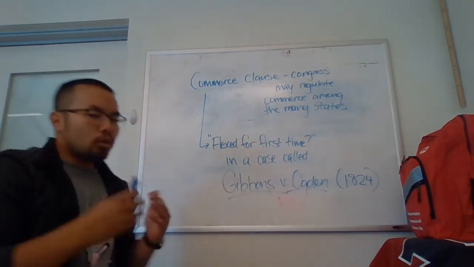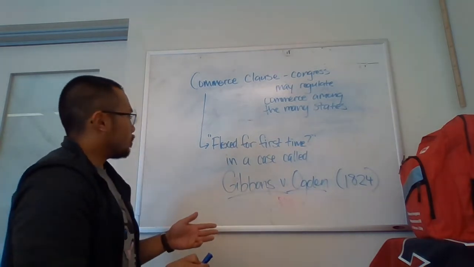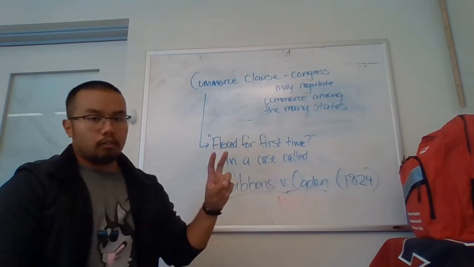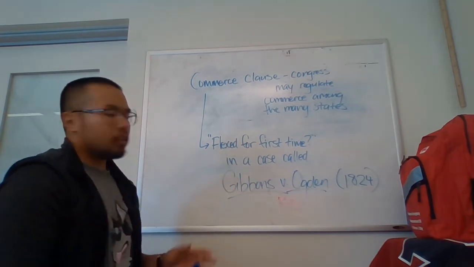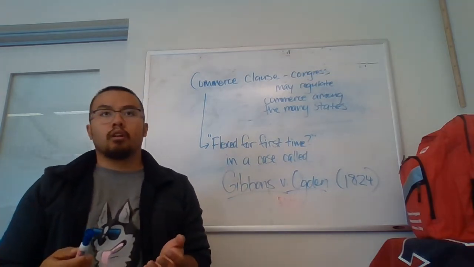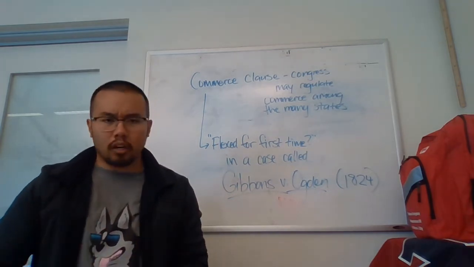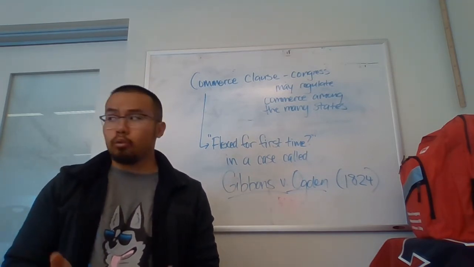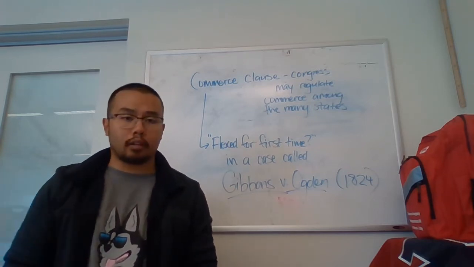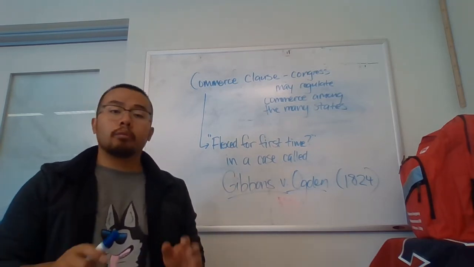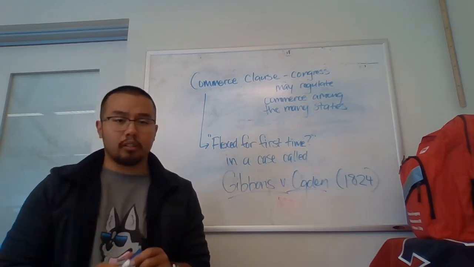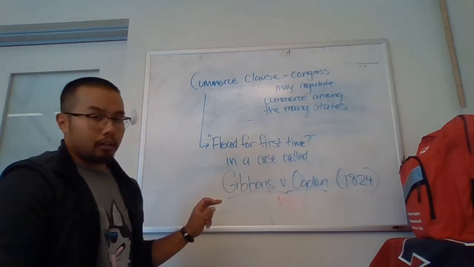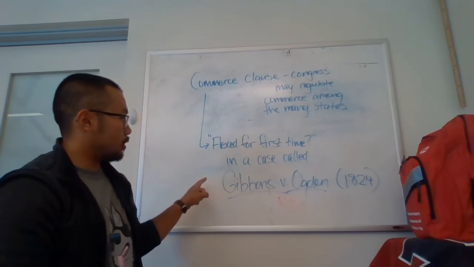Okay. Now, when you go through the content assessment, it's going to ask you not what the Commerce Clause is, but rather when it was flexed for the first time. When I say flexed, I just mean when they used it. If I gave you a job and I said, hey Jim, you can take $5 from everybody in this class, I give you that power, now everybody's waiting anxiously to see, will Jim actually use that power? That's essentially what it's asking here: when did Congress actually use it?